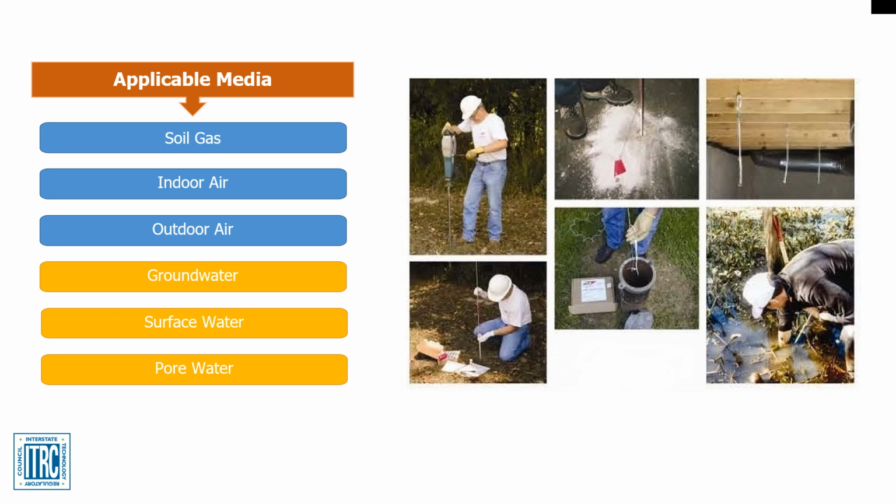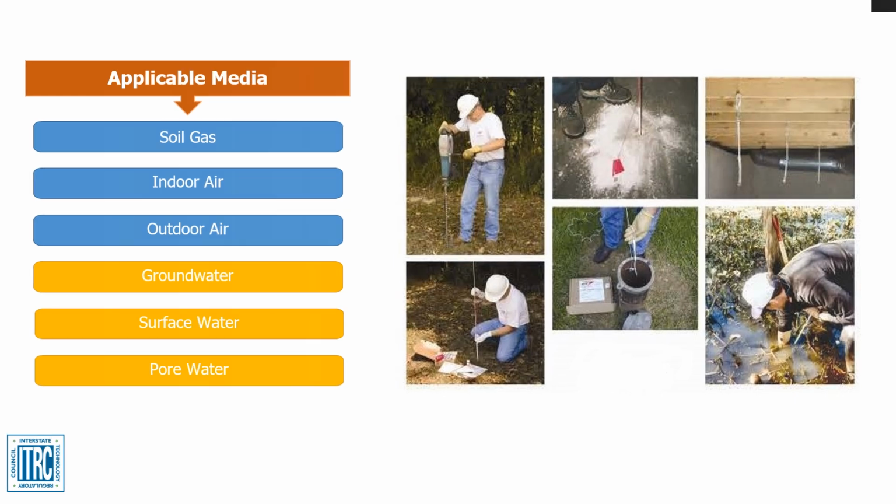It is ideal for source zone characterization in soil, delineation of a contaminant plume in groundwater, and assessing if vapor intrusion is occurring at a site. The AGI sampler is most frequently used to sample soil gas in the vadose zone and both indoor and outdoor air. However, this device can also collect chemical concentrations in dissolved gases found in saturated soils, groundwater, surface water, or